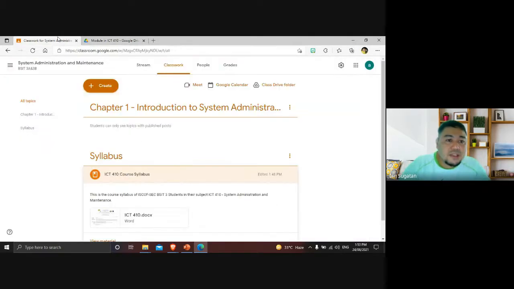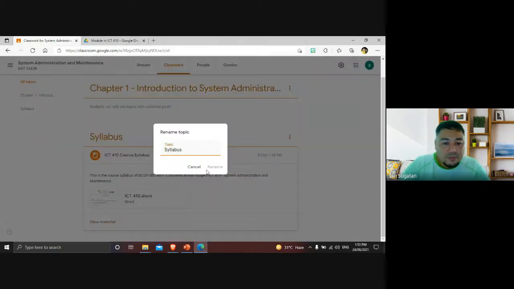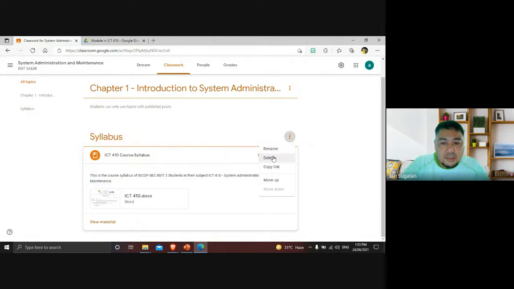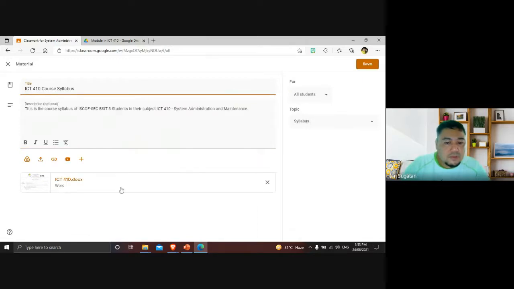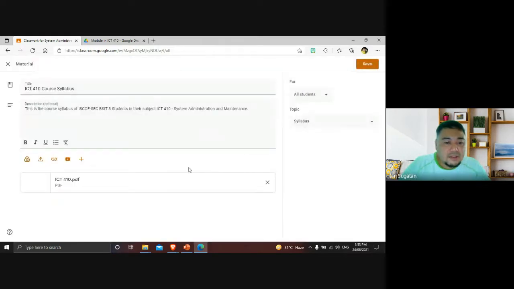Then go back to Classroom. Then in the syllabus, edit. Okay. The same, add link. Then right click the link, then add link. Then automatically, it is no longer Word, DOCX, it is PDF. So if you double click it,